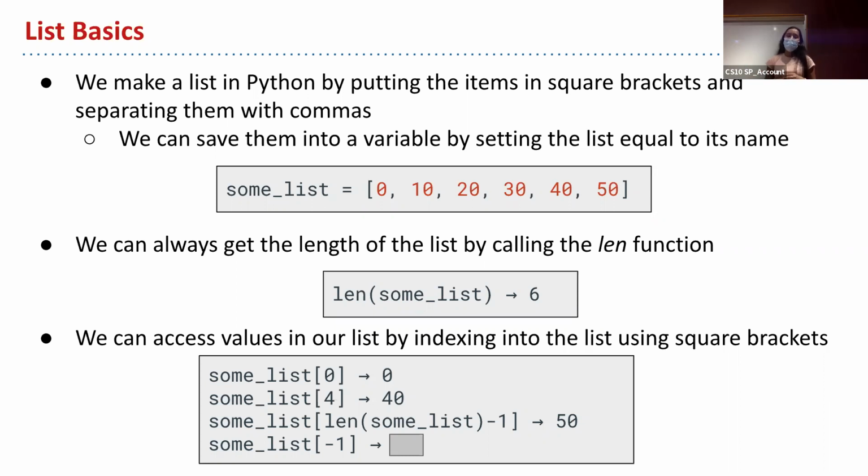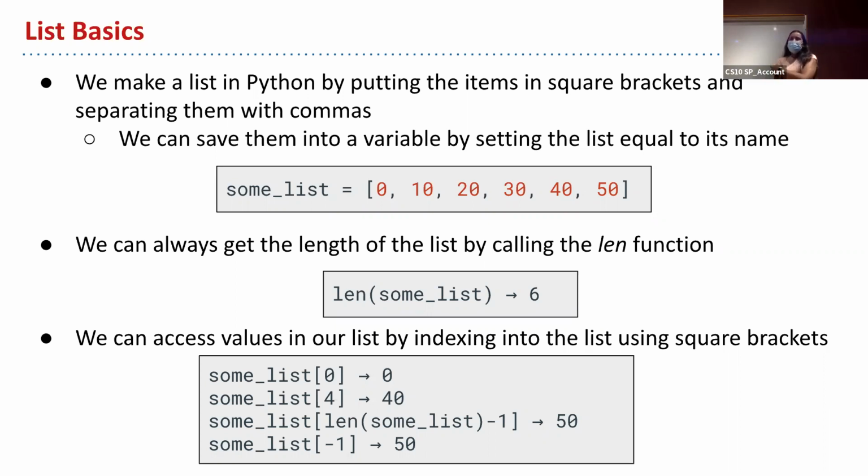And because that's always the case, Python has this shortcut called negative indexing, which means you can say -1, and that'll by default give you the last item in the list. So this is also going to output 50. Then if you say -2, it's going to go to the end of the list and count 1, 2. So it'll output 40 if you had -2 here. Does that make sense? So basically negative indexing is starting from the back and going backwards.